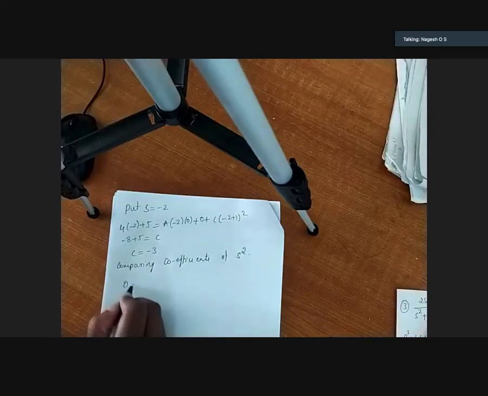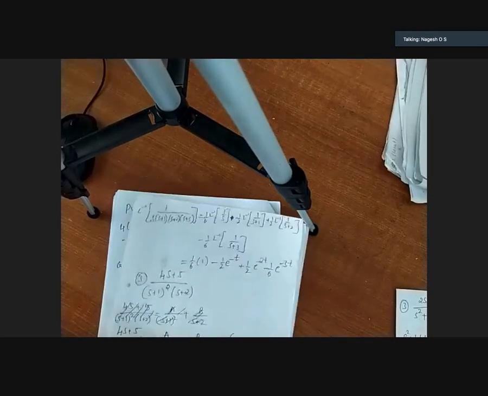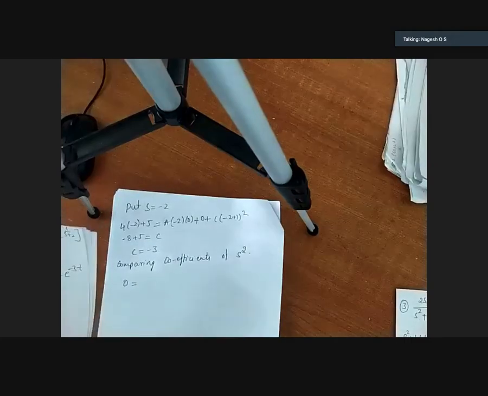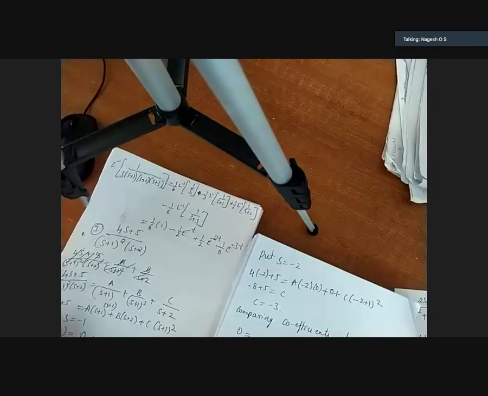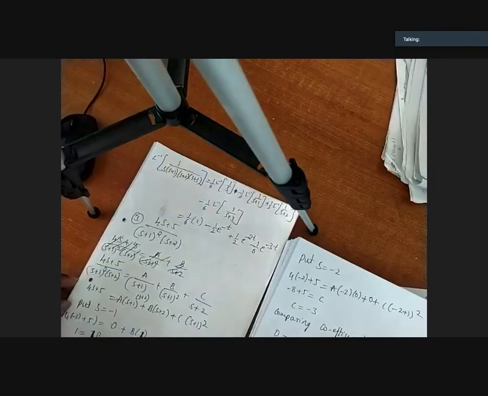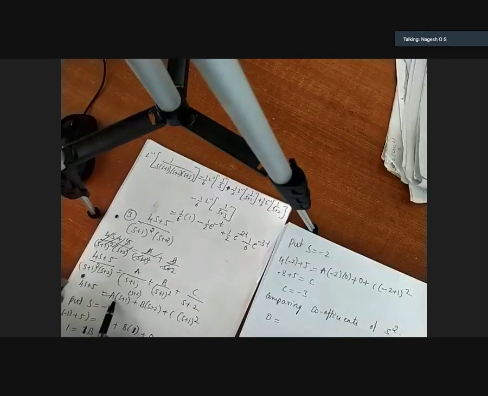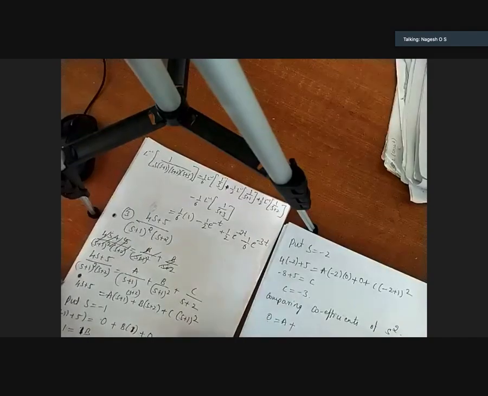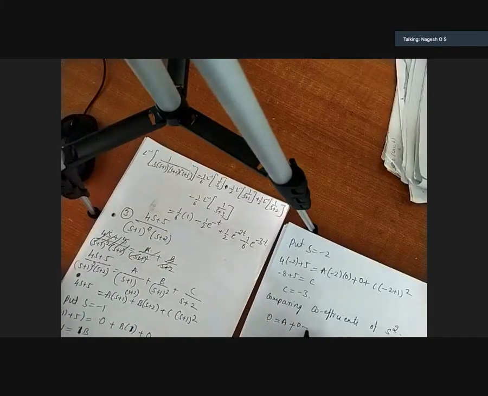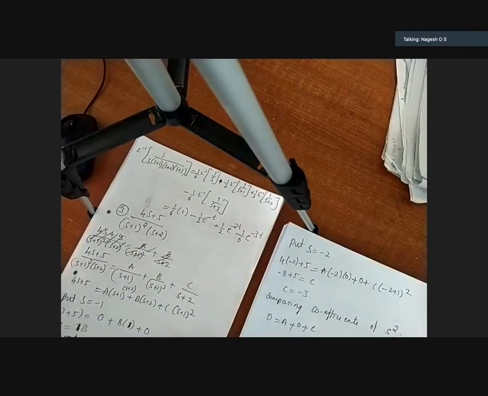We don't have S square coefficient here. Then here in this I am telling, keep this side by side. In this one, we don't have S square, so I have written 0. Next, here coefficient of S square is A plus coefficient of S square we don't have here in B, so 0, plus coefficient of S square is C.